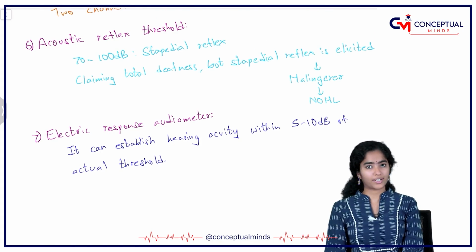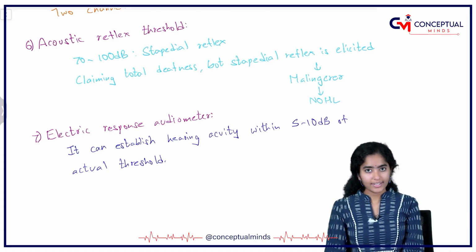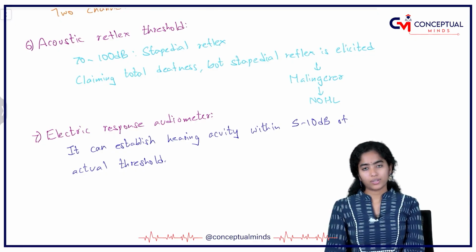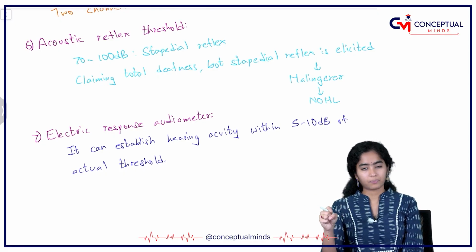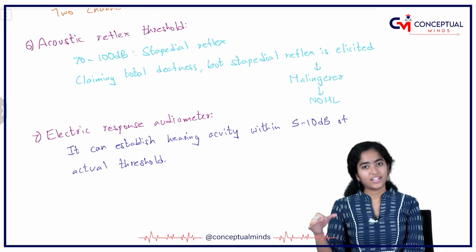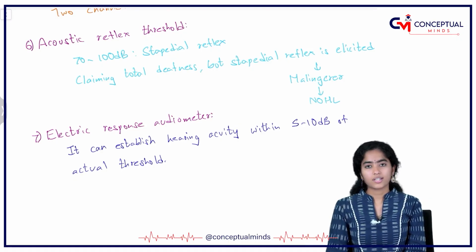Next is acoustic reflex threshold. This is also an objective test. The normal stapedial reflex occurs at 70 to 100 decibels if the patient can hear. So although the patient can hear, he says he is not able to hear, but the stapedial reflex will do its job. The stapedius muscle will contract. And when the patient claims complete deafness on one side and you still observe stapedial reflex, it is understood that